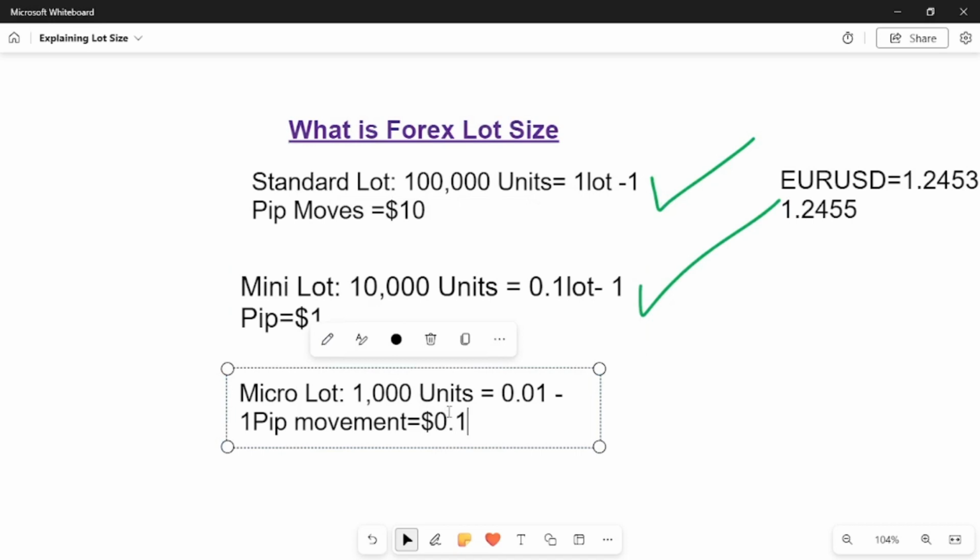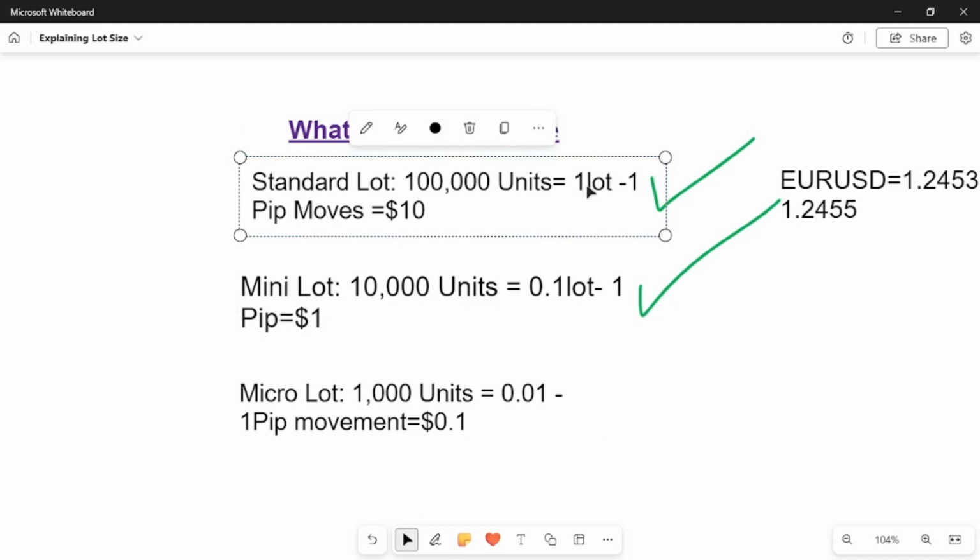So this is simply the idea of mini lot and micro lot. If you are trading, you can go above this 1 lot size of the standard lot, which is defined automatically. For example, if you are trading on MetaTrader, you can simply go onto your settings, and I'll be